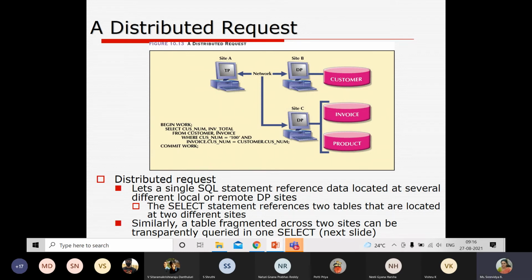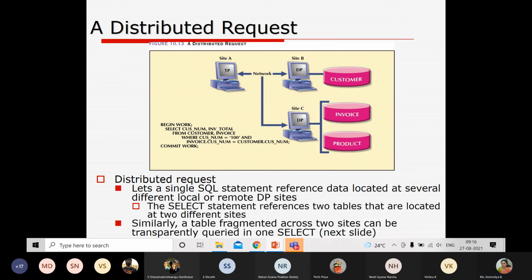So, select customer number, invoice total from customer and invoice. Customer is in one data site, and invoice is in another site, where there are multiple